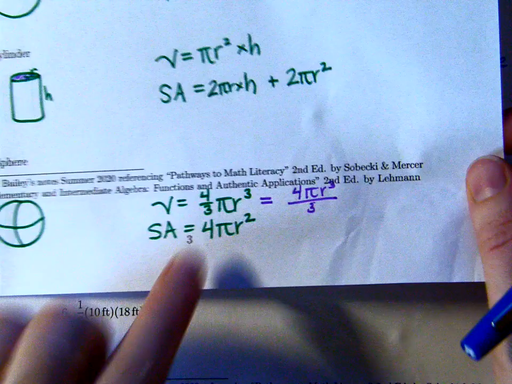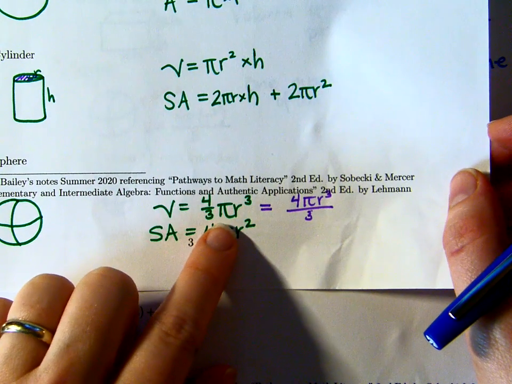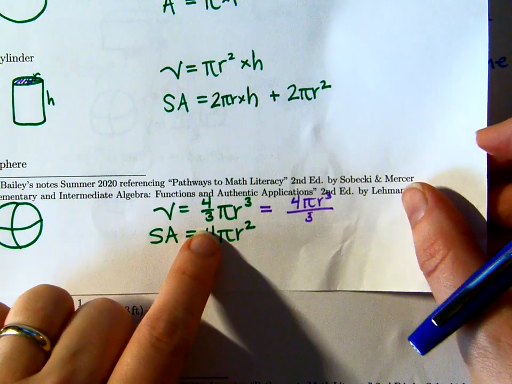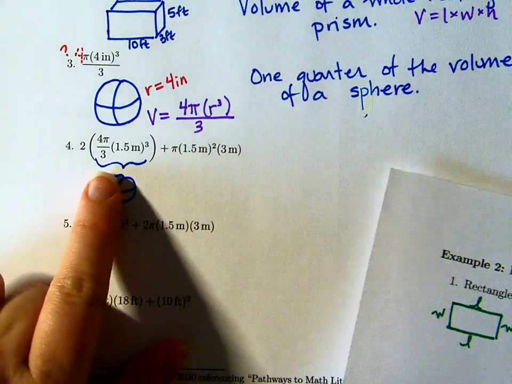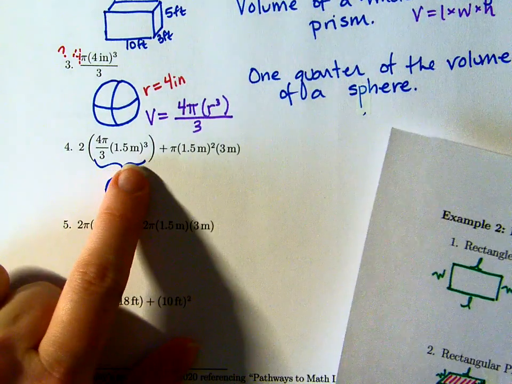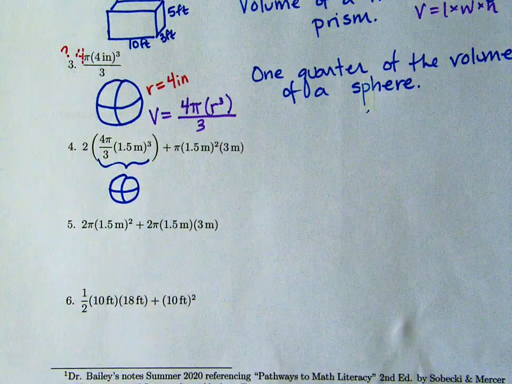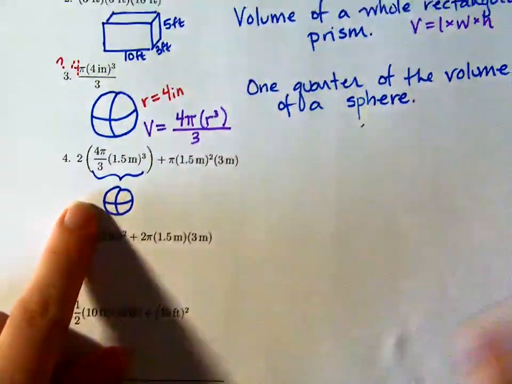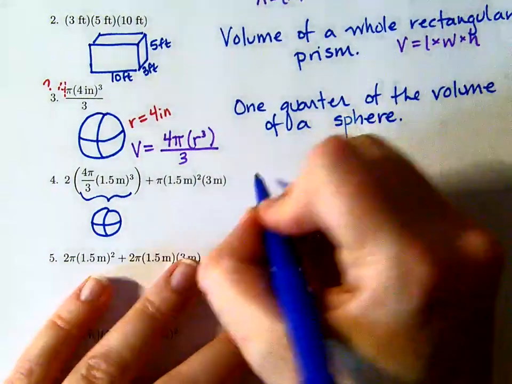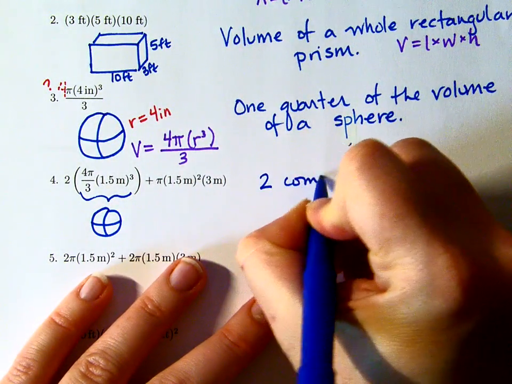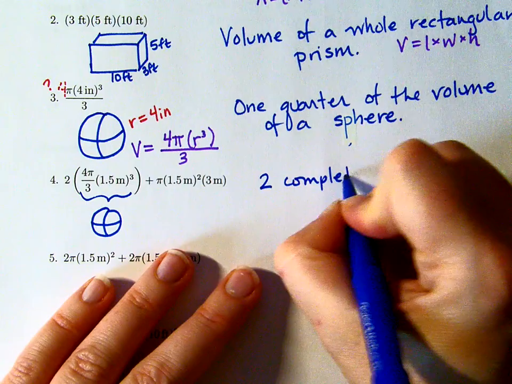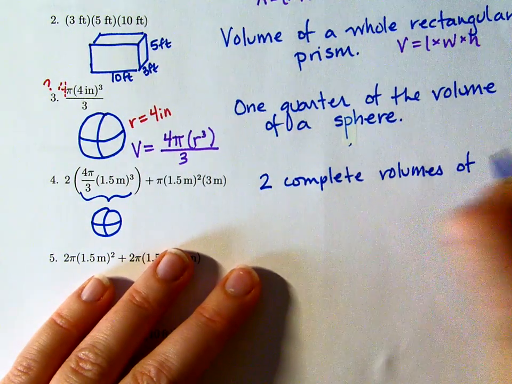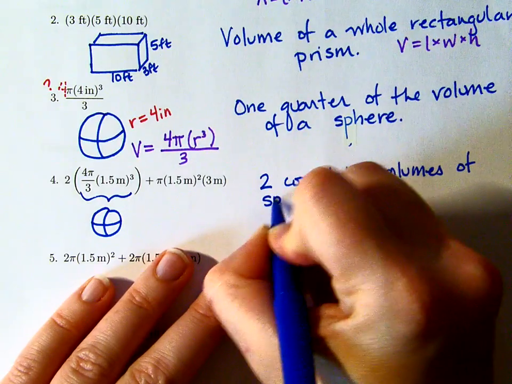So I'm seeing this 4/3 pi r cubed, or 4 pi r cubed thirds, or how is it written here? 4 pi thirds r cubed. Whatever, it's the volume, but it's 2 of them. So immediately I know that we have 2 complete volumes of spheres